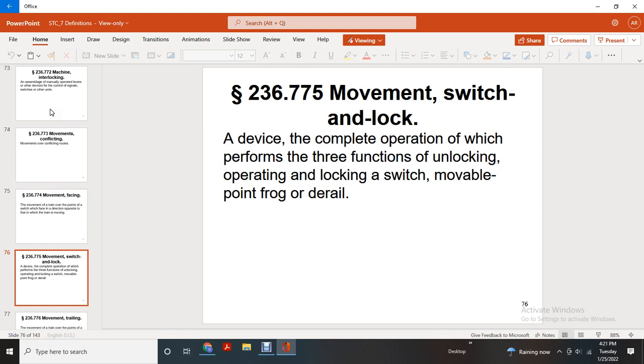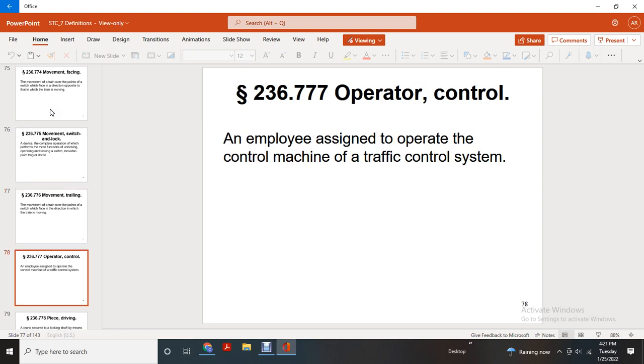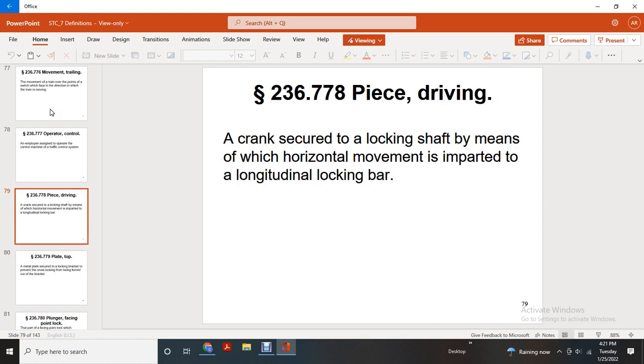These three functions: unlocking, operating, and locking a switch, and moving with the point of the derail, moving the trailing train over the points with the switch, over the phase of the direction in which the train is moving. The operating control, an employee with the sign with the operator with the control machine with the traffic control system, crank piece driving the crank, secure with the locking shaft by means of the horizontal movement,